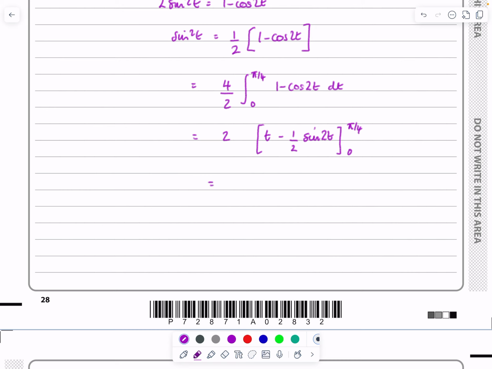Now we could put that 2 back in if you want to. So it makes it 2t minus sine 2t between pi over 4 and 0. It doesn't matter when you mess around with that constant there. This just makes it a little bit easier for me to actually do then. Sticking pi over 4 in and sticking 0 in is going to give me pi over 2, and then sine pi over 2 is 1, minus, and the other 2 bits are both going to be 0 when I stick noughts in there. So it gives me an answer of pi over 2 minus 1. Now remember, that's just